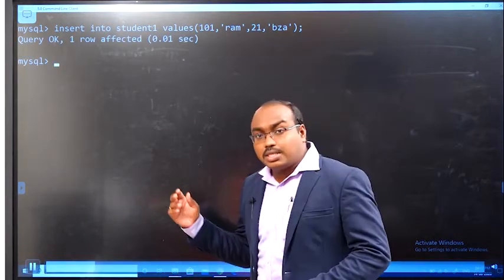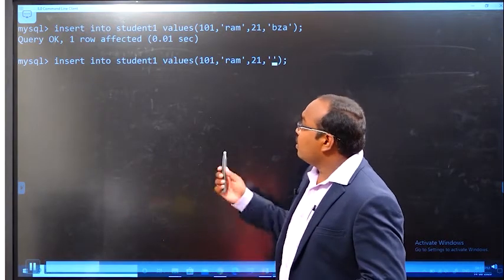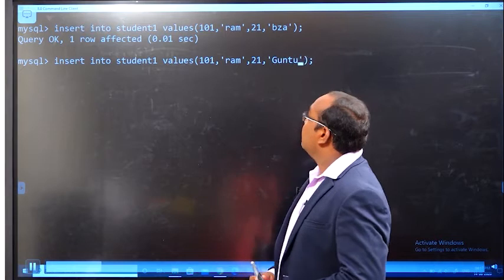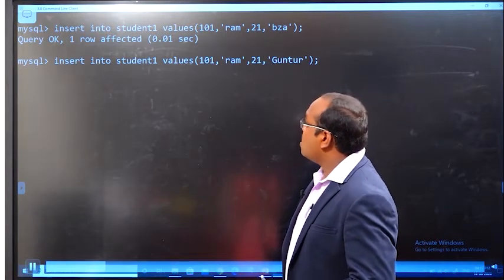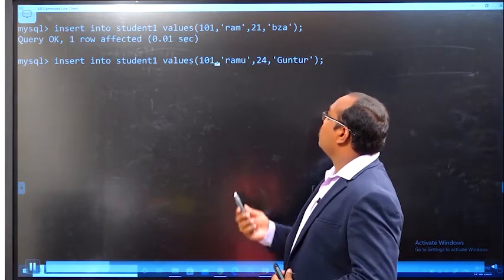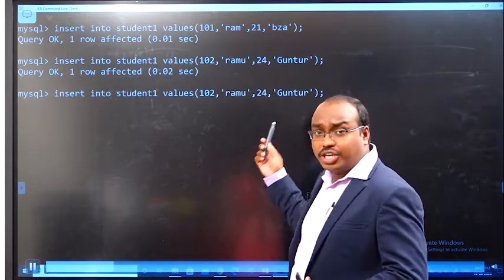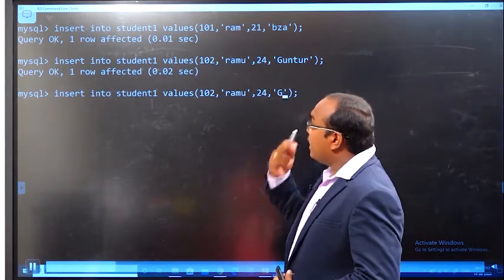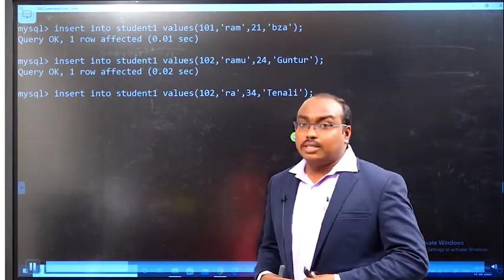So here the first row is inserted into the table. And the next one, the second row: SID is 2, and the SName, SAge, student age, and the location. 2 rows are inserted into the table. Next, I want to insert the third row.